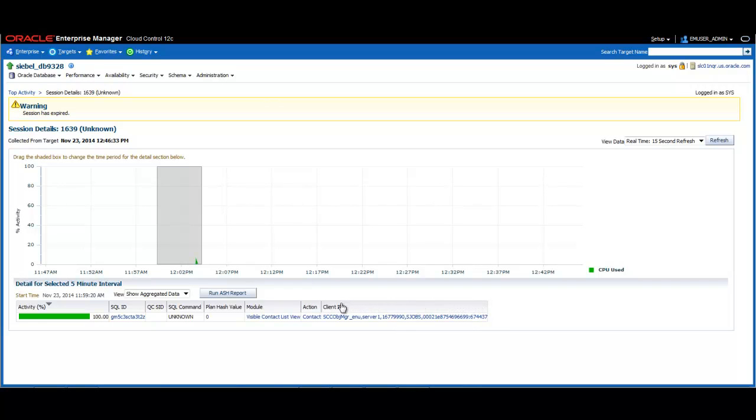We can see that the client ID contains a wealth of information about object manager, server name, or Siebel user ID, what action that particular SQL session was performing, and what module it was working on as well. If we wanted to look and analyze on the SQL ID, we can also do that by clicking on that SQL ID,